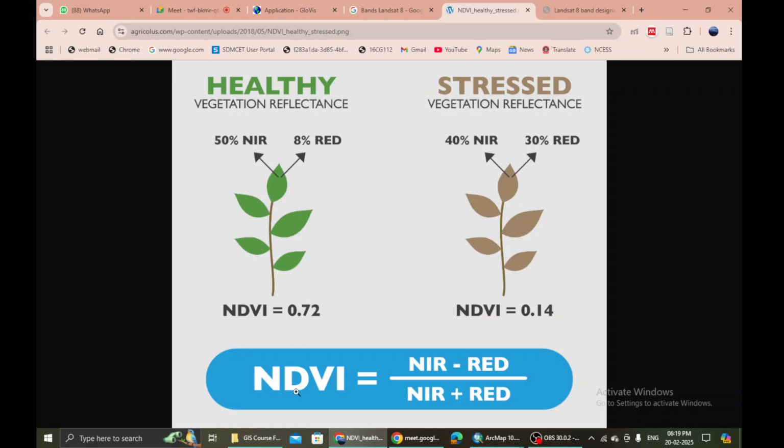Okay. So the formula to find out NDVI in terms of mathematical operation is near infrared minus red divided by near infrared plus red. Very simple formula, right? Very simple formula. Which means what? Whichever satellite data that we take, it has to have these two components if we want to use it to find out NDVI, or normalized difference vegetation index.